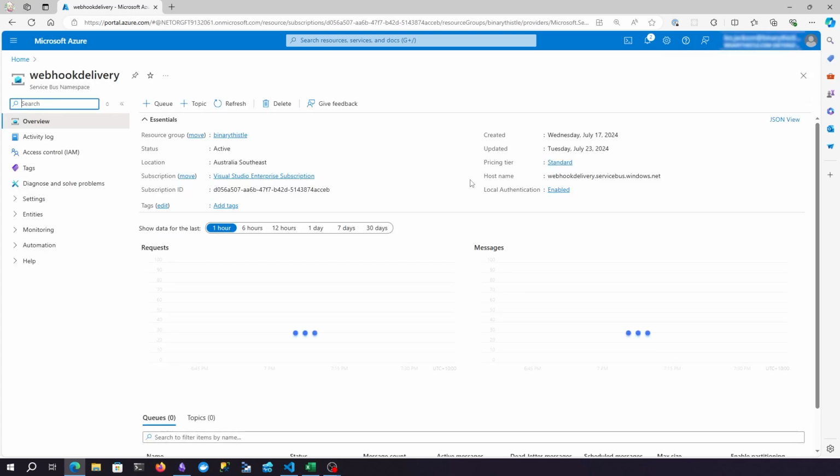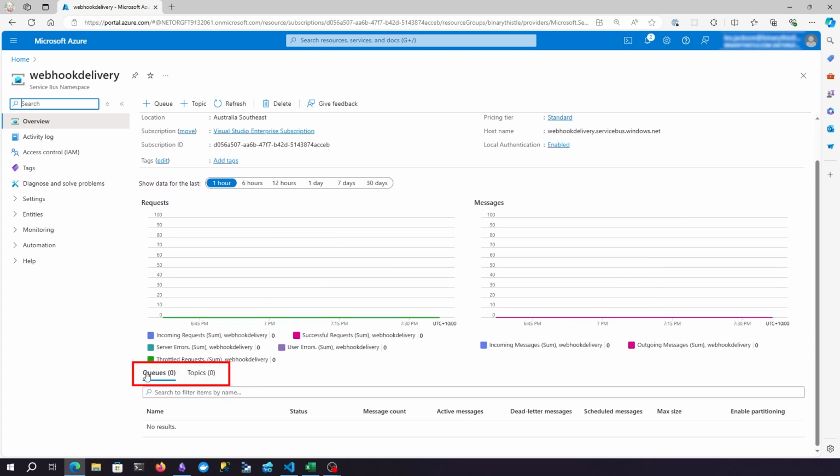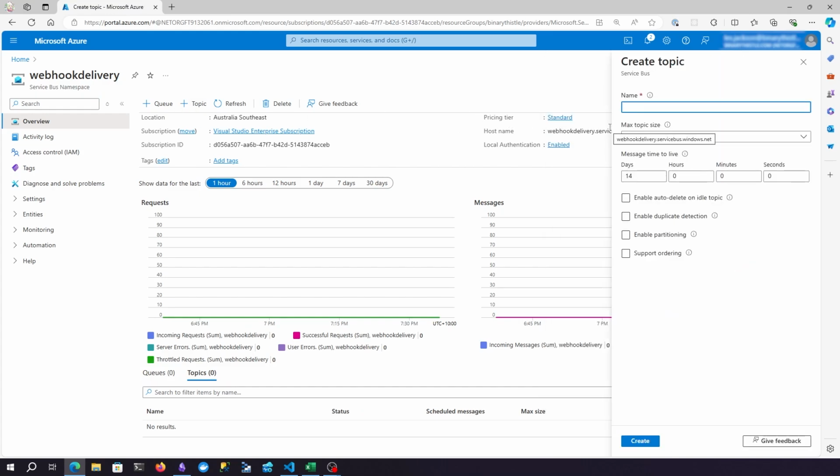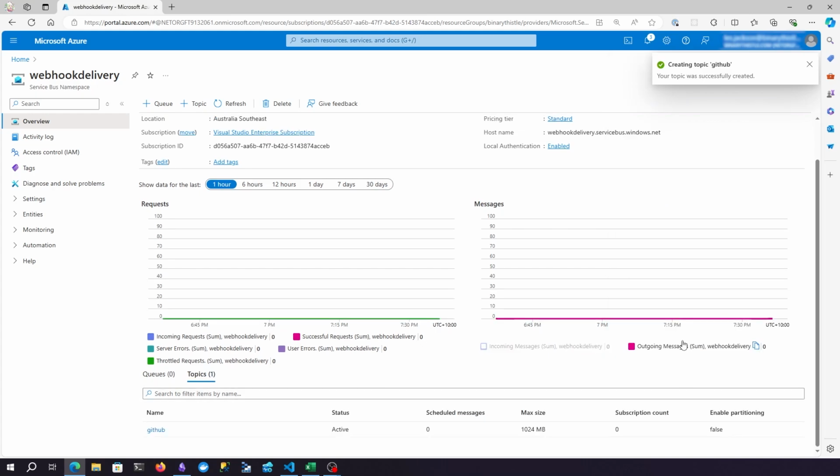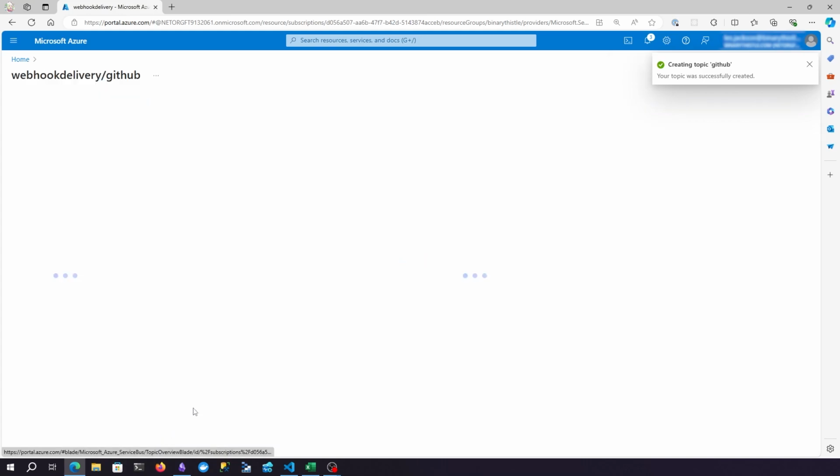So we'll go to the resource. And here's what I'm talking about here. We've got this concept of queues, which we're not using today, and topics. So I'm going to create a topic. And let's just call it GitHub. Okay, so imagine the idea that you've got different webhooks coming from different platforms, and this one is for the GitHub webhooks as an example. So we'll create that topic, and then once the topic's created, which it's now created, we then need to create